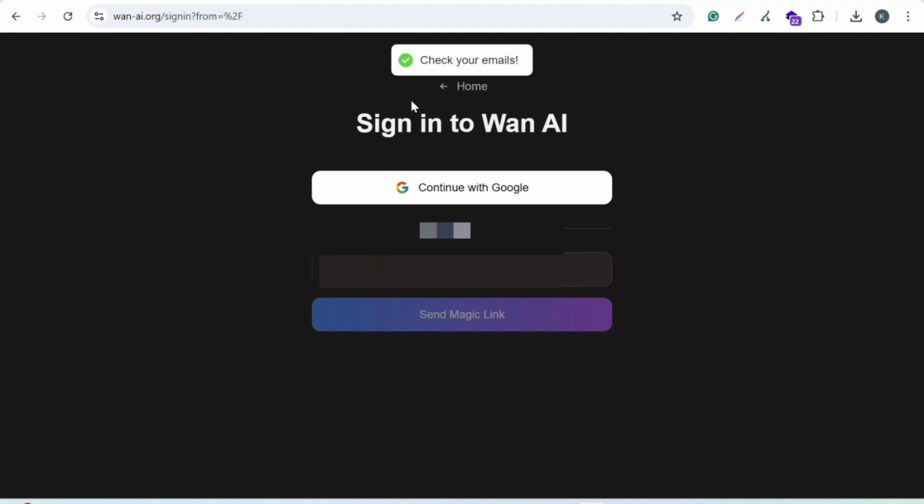After that, you will receive an email. You need to go and check your Gmail. You will receive an email saying confirm your sign up. You need to just click on the link that you will receive from the Wan AI official account. Once you confirm that,